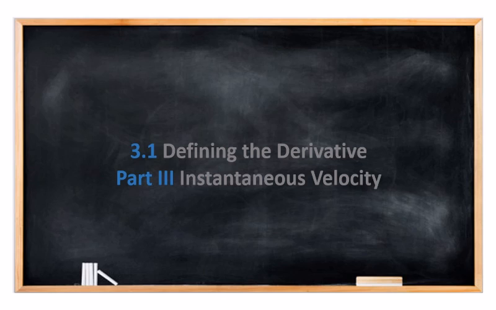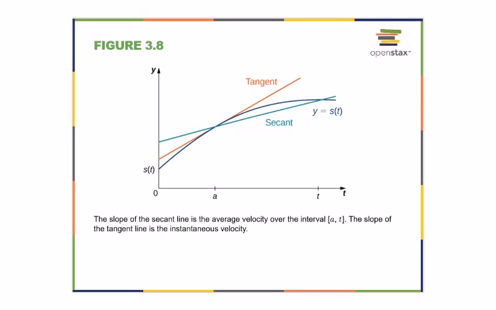So, still in 3.1 here, and we're going to talk about instantaneous velocity, which is another basically physical kind of representation of what the derivative is. We've talked about this before, but let's get a little more in depth with